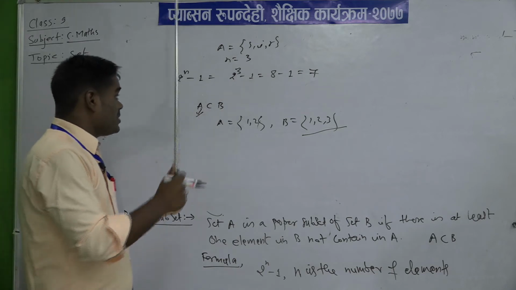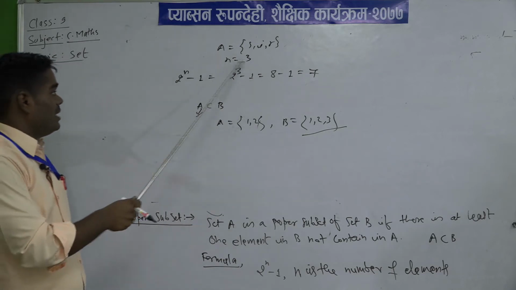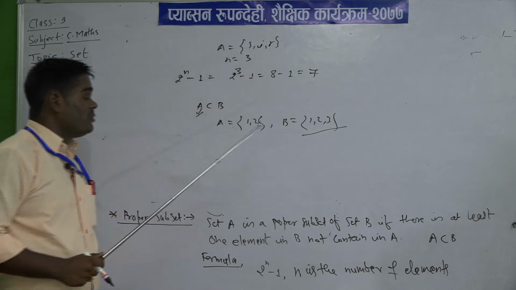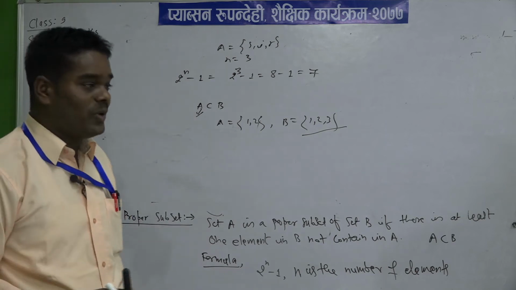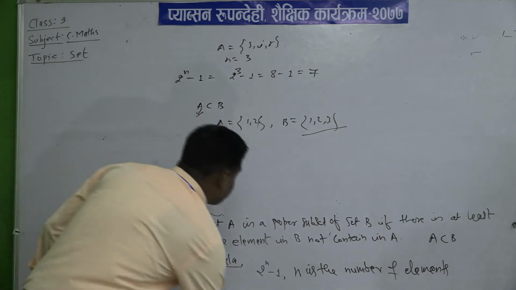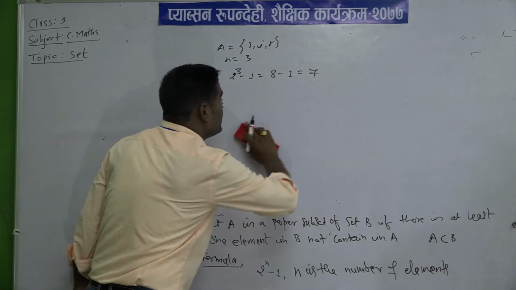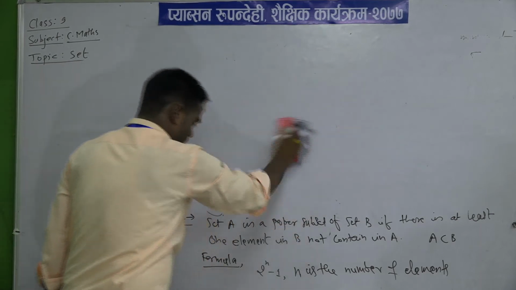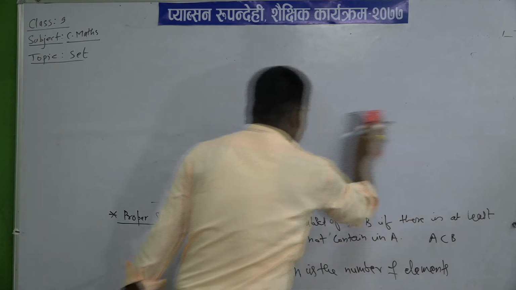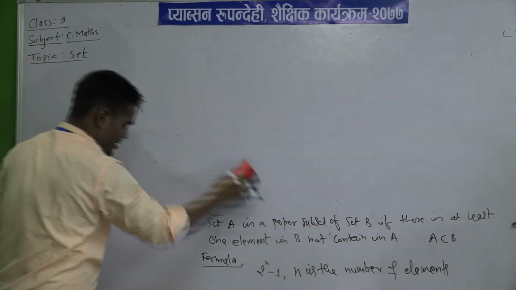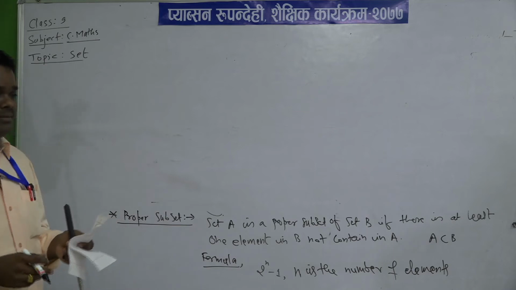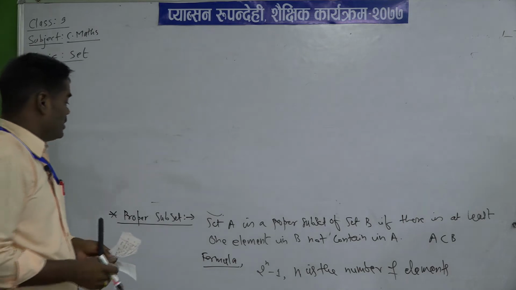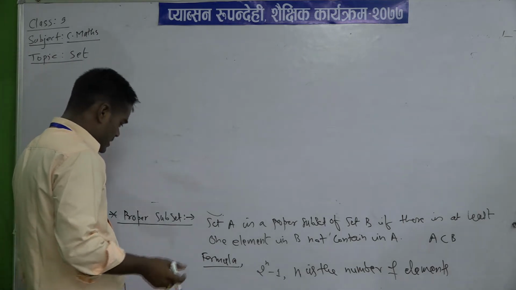So, here in subsets, while elements are 3, there were 8 subsets. In proper subsets, while elements are 3, how many subsets are there? Only 7 subsets. Understand? So, pay attention, listen carefully, and you have to revise all the definitions at home, because this is the total lockdown time. So, we have to fully utilize our time by studying the relevant subjects.